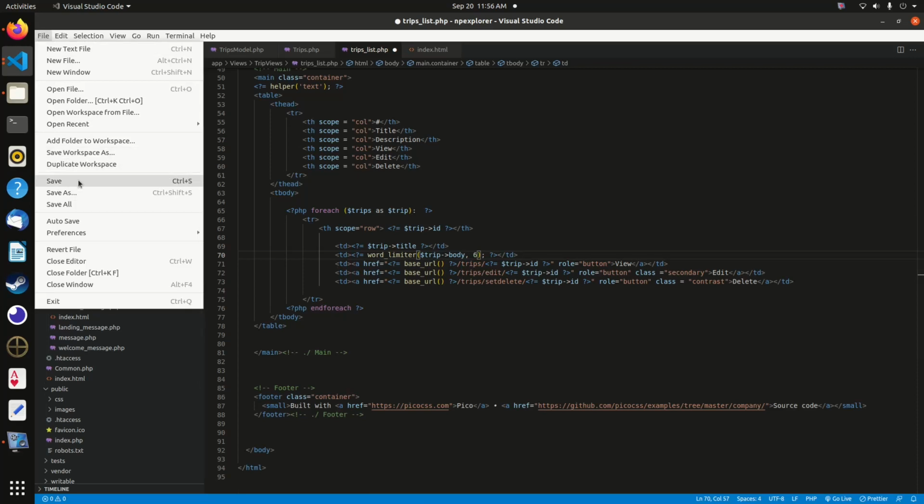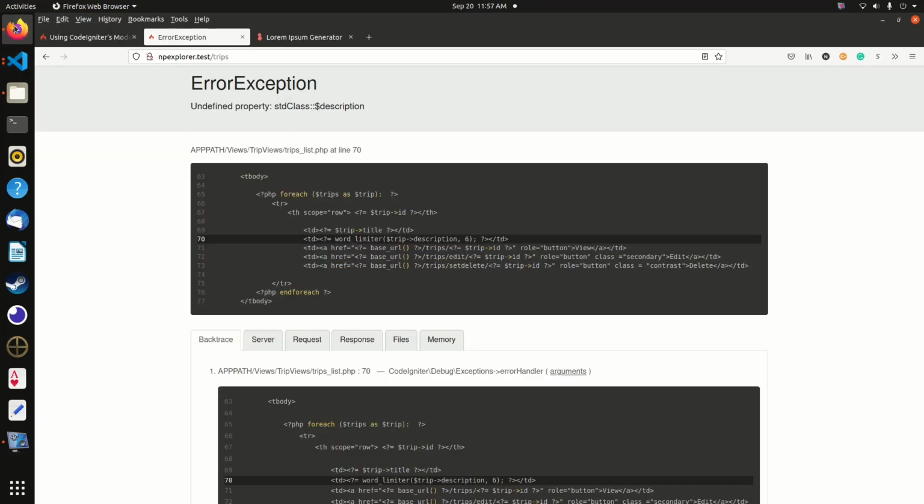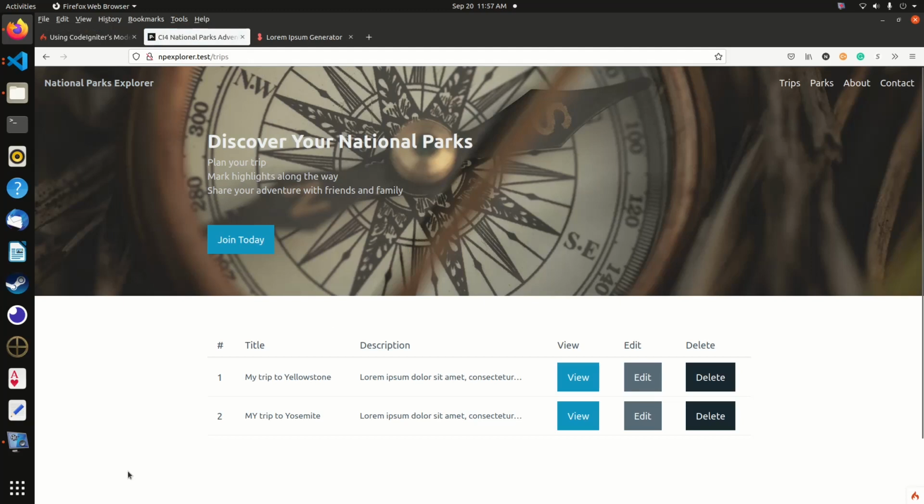Make sure we got that right. Trip body. Yep. Save. Let's try that one. Trips. And there we go. So we've successfully used our data object. We passed it to our controller. The controller then passed that information onto our view, and we've correctly rendered it by